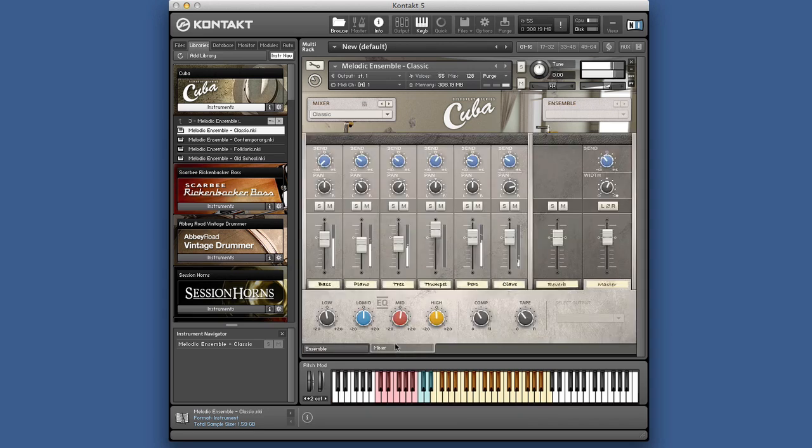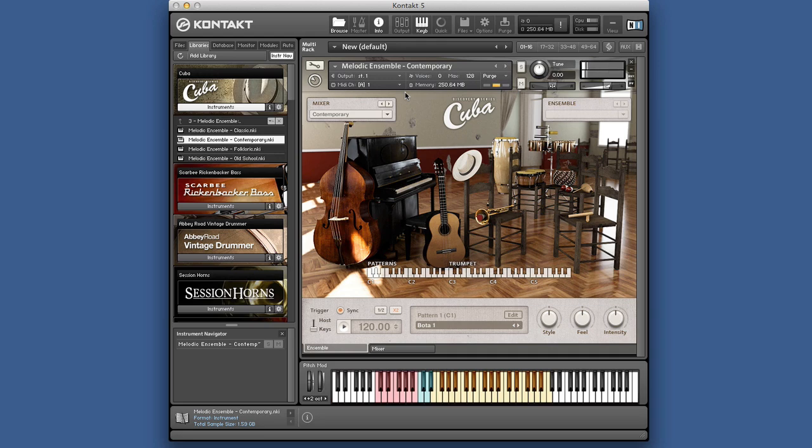And again, we've got the mixer, we can go in and so there's the classic stuff. Then we've got the contemporary stuff. Let's play you these. Gloria Estefan fans can start doing backing tracks for her. Then we've got